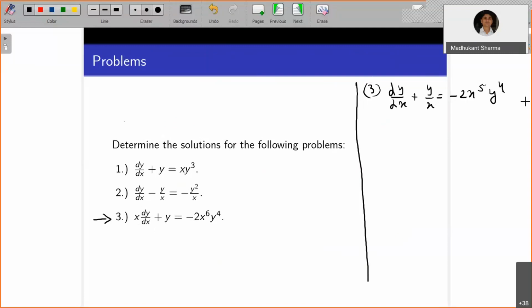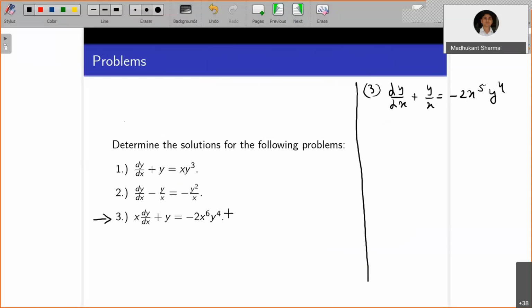Whenever you have a given equation in standard form, first you will try to see whether it's linear or not. If it is not linear, it will be non-linear when you have y to the power something not equal to 1, or 0. If it is not 0 or 1, then you can certainly try to write it as a Bernoulli equation. If that also fails, then you will look for other methods.